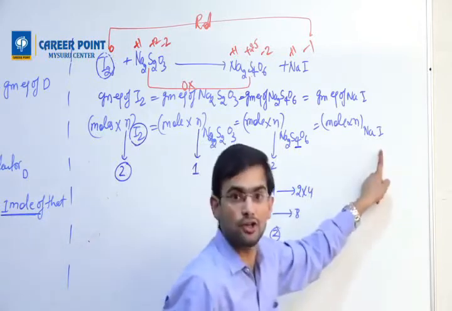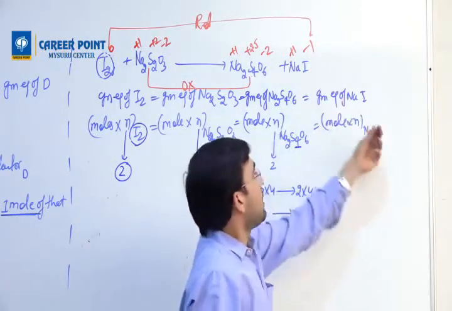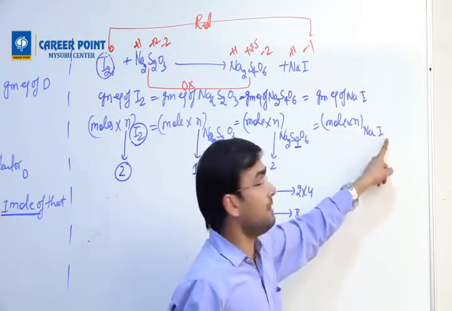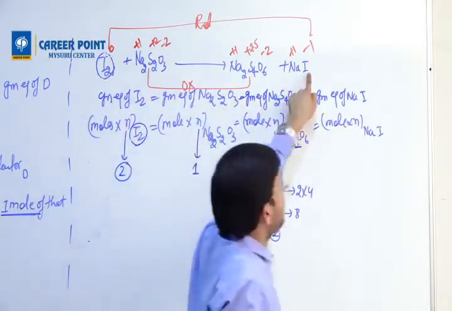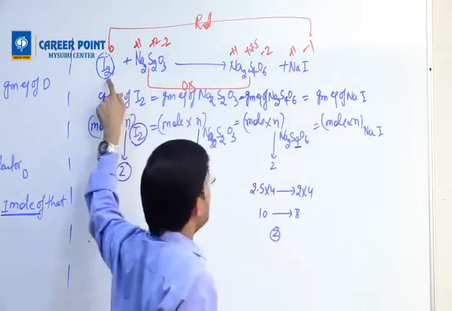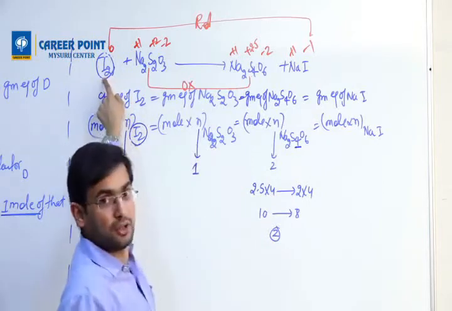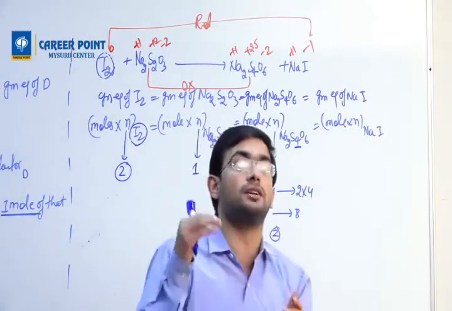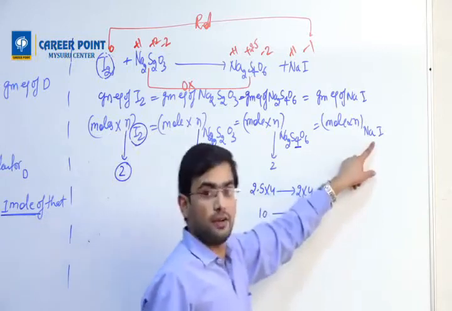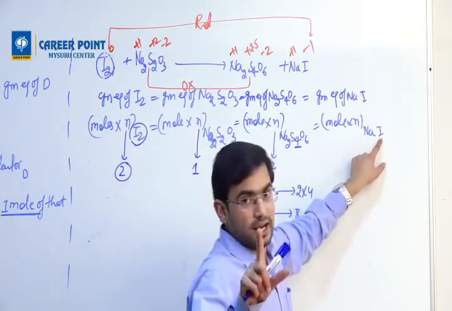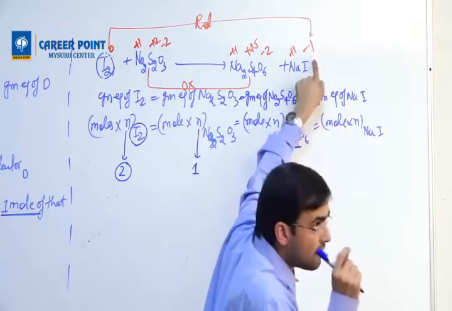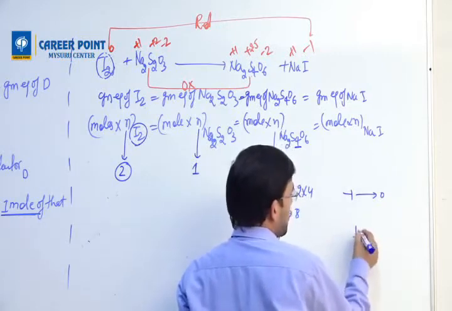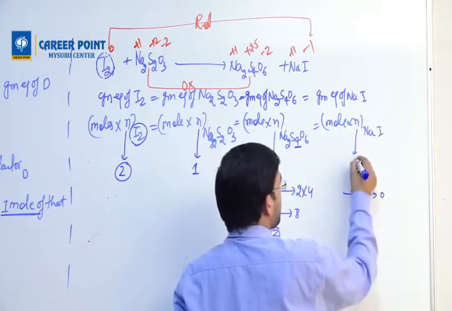Now I'll do for NaI also. NaI is -1. How many iodine are there? 1. For 1 iodine, changing to there, 1 iodine -1, there 0. There are 2 in I2, but it doesn't matter because I'm not calculating for that I2. I'm calculating for NaI. So it depends on which substance n factor you are calculating. So I is 1. Single iodine -1. So 1 iodine from -1 to 0. -1 to 0 changes by 1. So the n factor is 1.